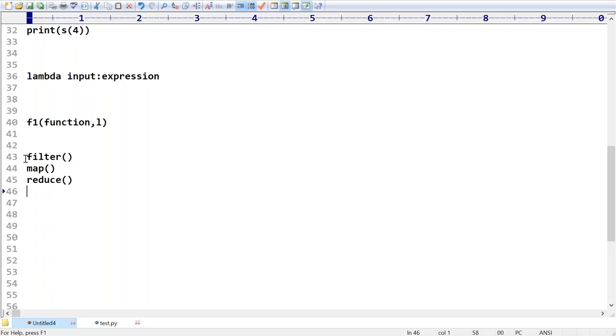Next, can I call a function inside another function? Yes, no problem at all. Happily you can do that. All those things we will discuss. Don't worry. But as of now, just be aware of what a lambda expression is, and how to write an anonymous function with the lambda keyword, which we covered.